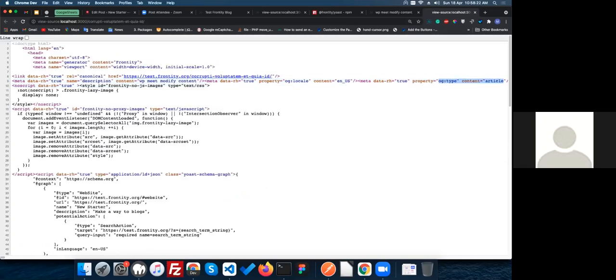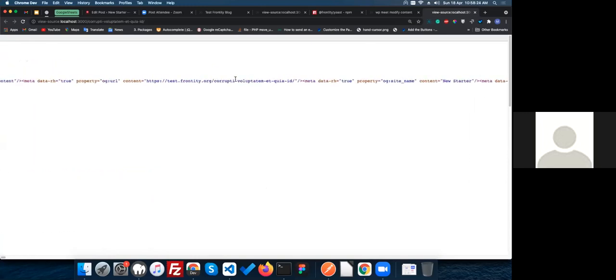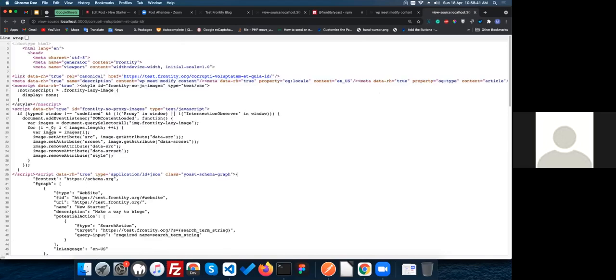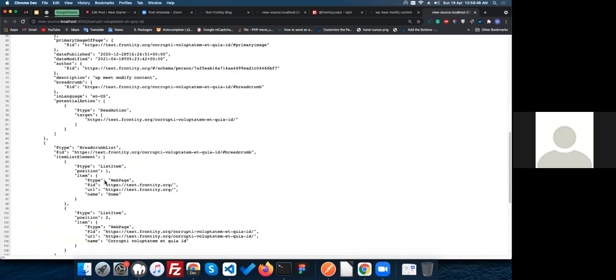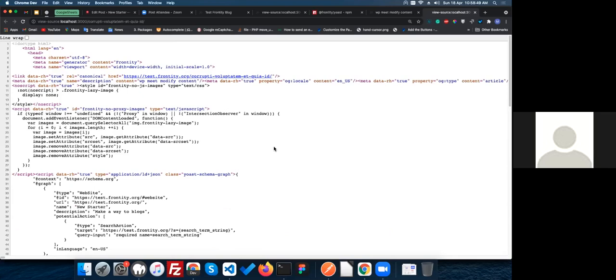Property type, article. Here, as you can see, link related data, which is also required. Date, content, and metadata. All the SEO related data. I have told you that metadata is required for SEO purposes in WordPress, and we should get that data into our post page also. And as you can see, this SEO related data has been populated in my Frontend project also. So this is it for integrating Yoast SEO. We are not going to make any other changes in this process. So, yeah, as you can see, we have successfully integrated Yoast SEO into our Frontend project.